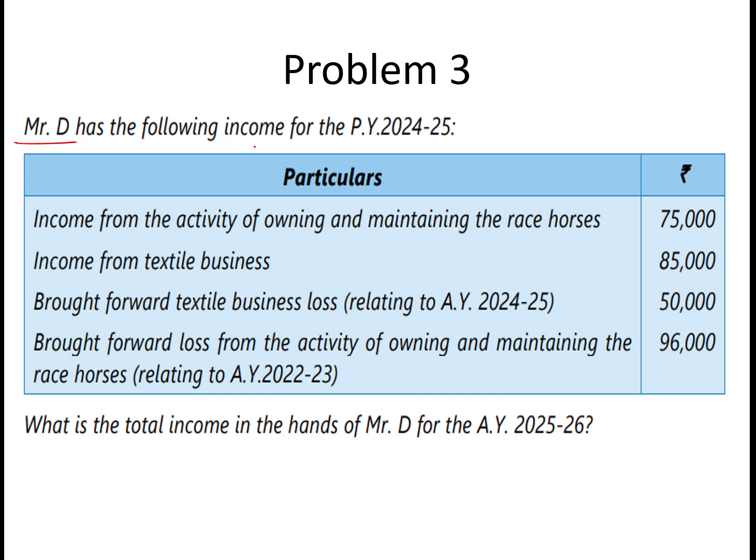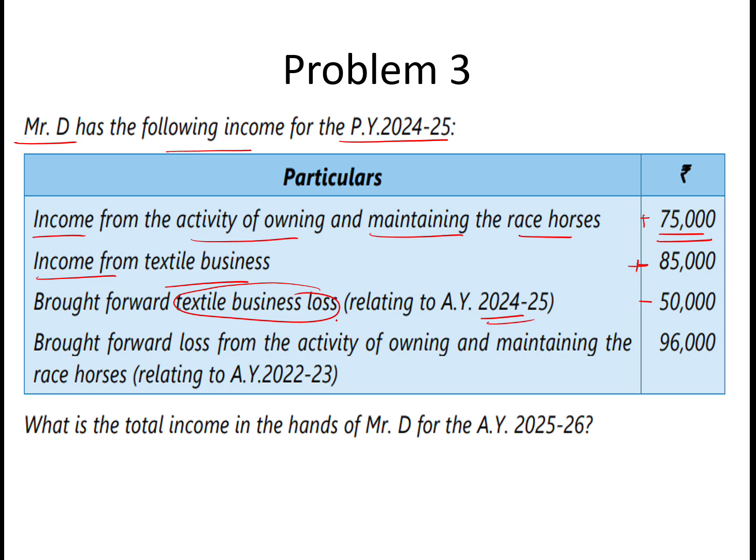Mr. D has his income for the previous year 24-25, and his income and brought forward losses are given as follows. First one is income from activity of owning and maintaining the race horse, which is 75,000. Income from textile business: he's doing a textile business and the income is around 85,000. He has brought forward business losses of textile that is around